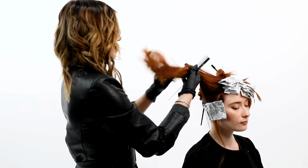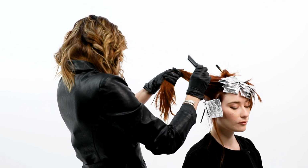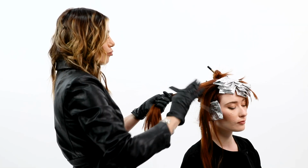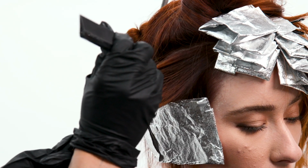I'm gonna keep moving up in diagonal back sections, and with every single section, I'm gonna create an extra zigzag. What this will do, this will create that contrast that I want, but it's gonna create that softness and blend throughout the whole hair. So now I'm gonna go ahead and do 2 zigzags because I only did 1 zigzag